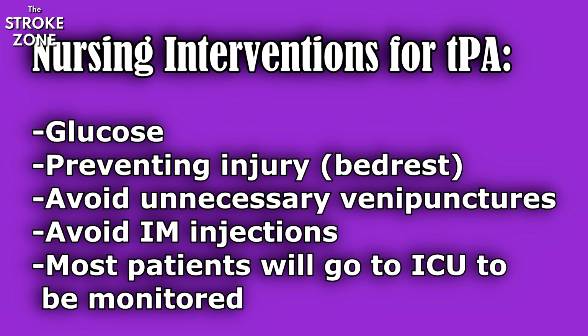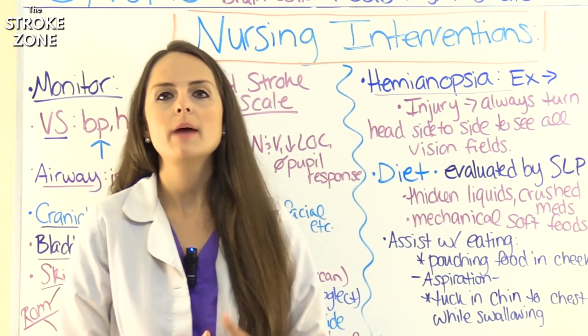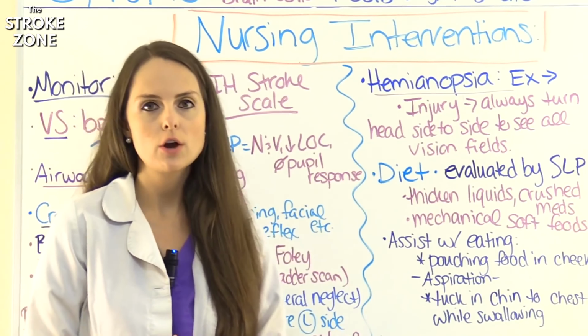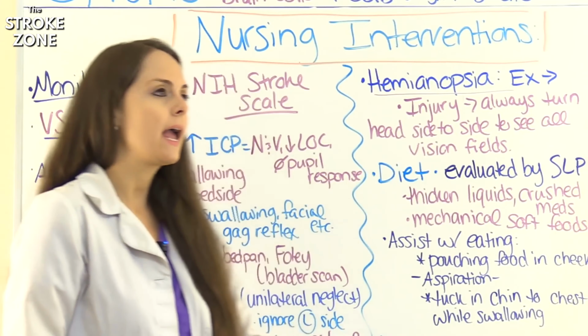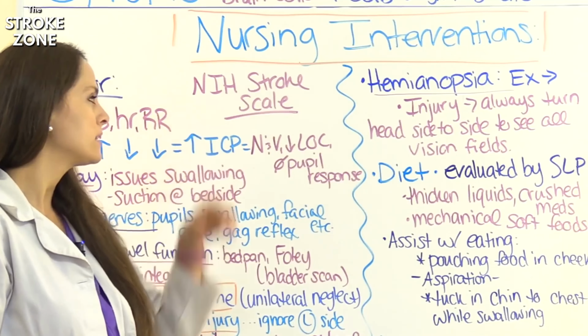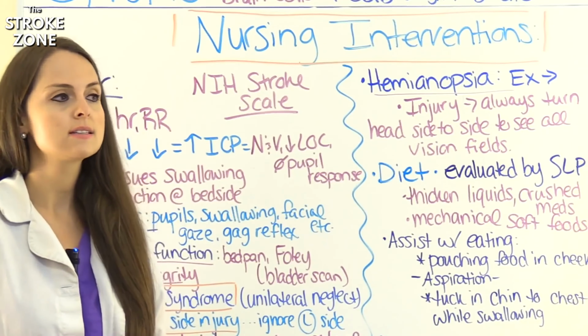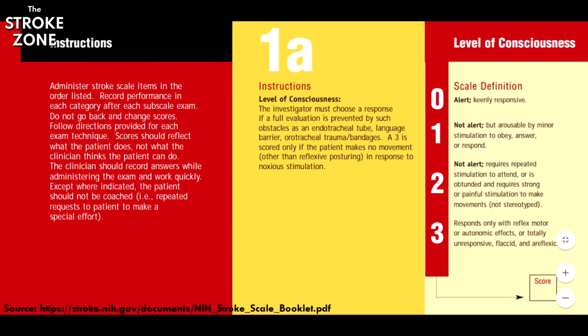And in most cases, patients will go to the intensive care unit, ICU, to be monitored usually the first 24 hours after they have received this medication. Now, as a nurse caring for a patient who's experiencing a stroke, you're going to be assessing them using some type of stroke scale. And a common one is the NIH stroke scale, and it assesses 11 different areas, such